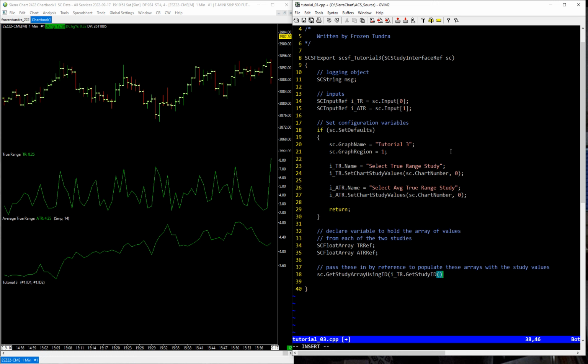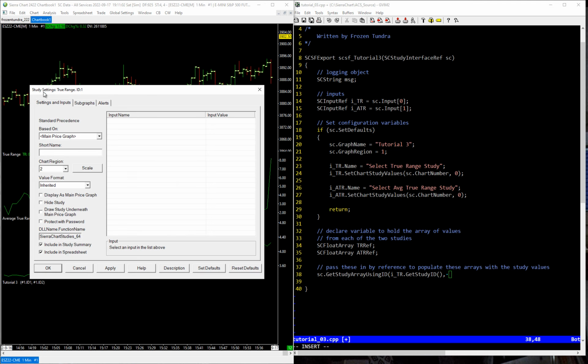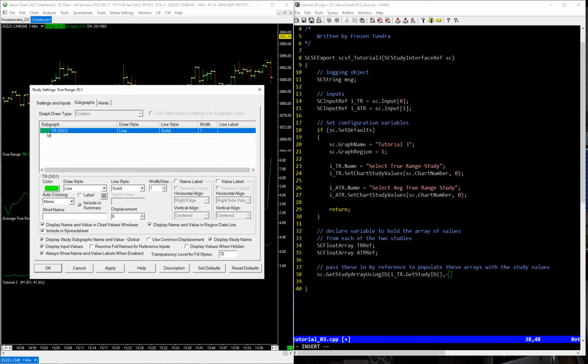The next argument is going to be which subgraph of this study. So let's look at the true range one. Which subgraph do we want to grab? Let's open up the settings for true range. We'll go to the subgraph. There's only one